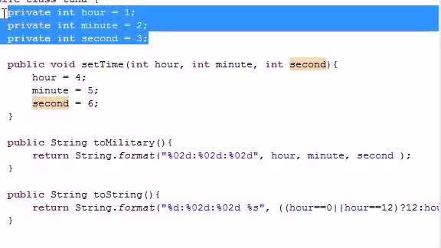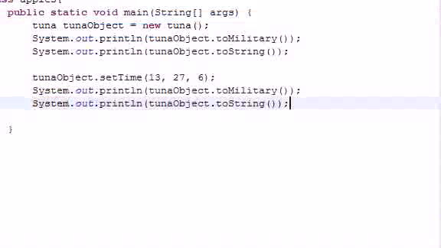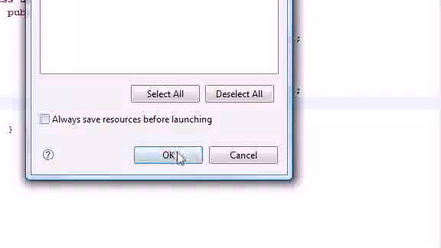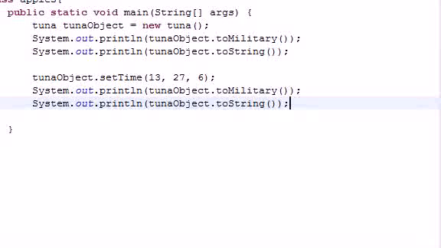In other words, if the constructor or any other method uses names or variables identical to instance variables, then when you run the program, what's it going to do? Well, let's go ahead and see right now. I guess we don't need this anymore, but we'll keep it anyways. Let's go ahead and run this,